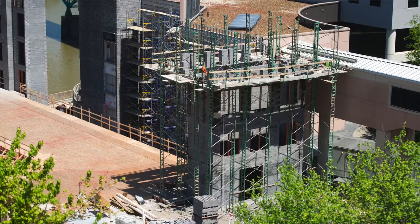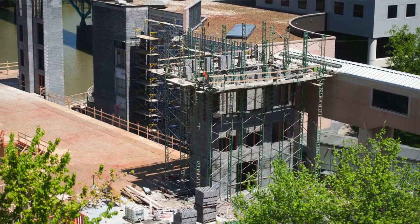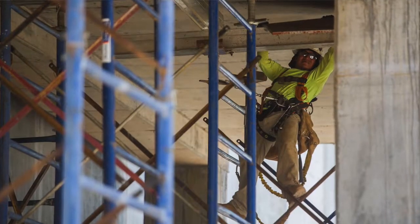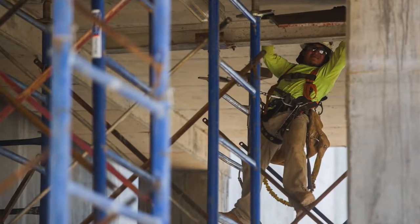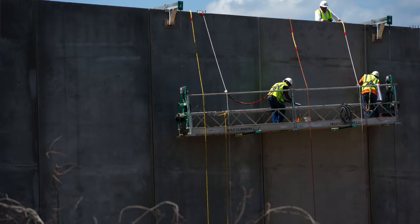Subsequently, they worked with TDEC to get a voluntary brownfield agreement on the property. And once that was in place, they were able to move through demolition of the former Baptist Hospital site. Of course, they did appropriate remediation of the asbestos and lead-based paint that was in the buildings, and then actually